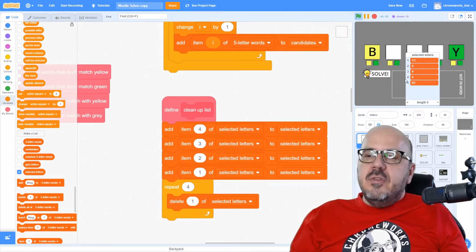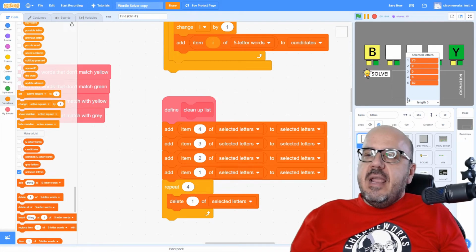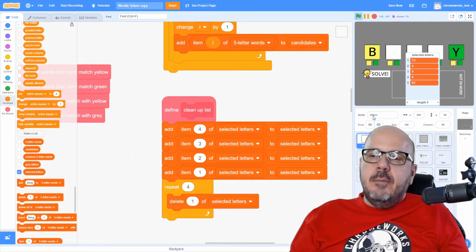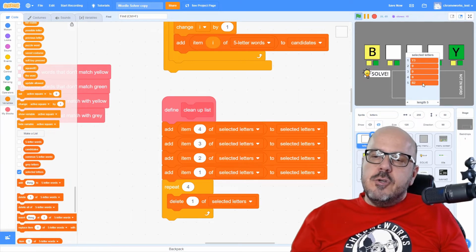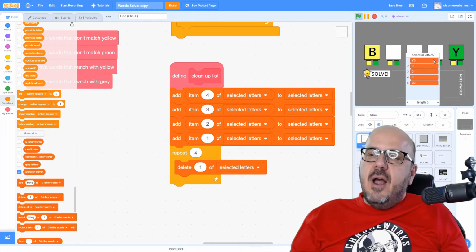So we've got item 5 of the list, which is going to be our new number 1 here, right? So I'm going to take item 4 of the list, the one before it, and add it here. Then I'm going to take item 3 and add it down below there, and then item 2 and add it below there, and then item 1 finally, and add it to the bottom of our list. So now we have an incorrect list for the first 4 items and a correct version of the list from item 5 on down. So at that point we can just go around the loop 4 times,